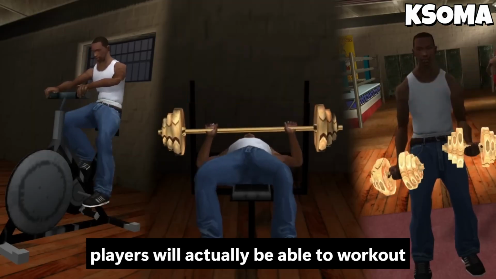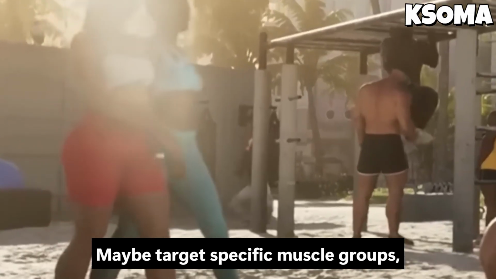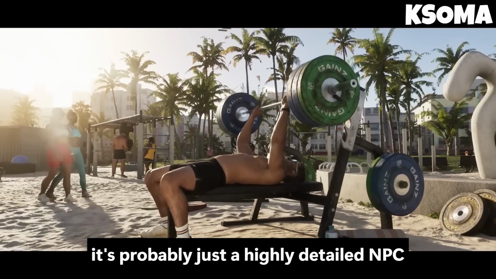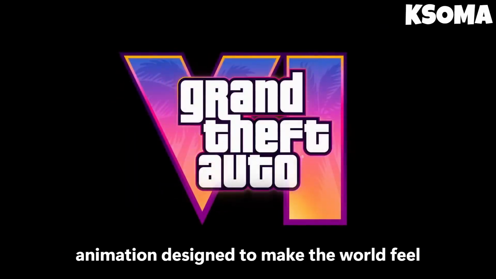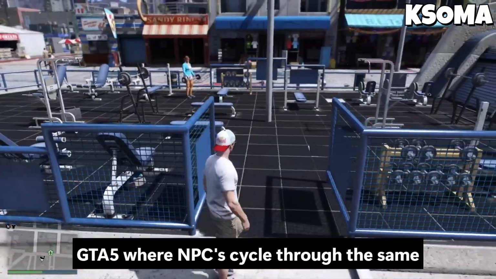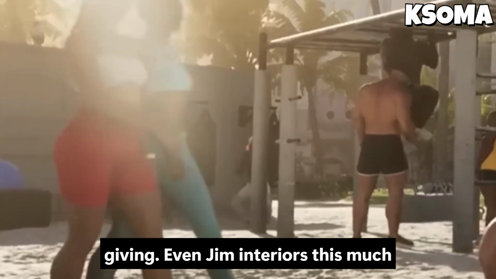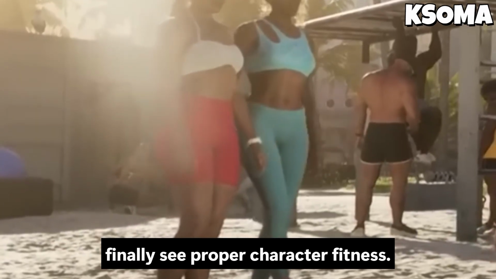It makes you wonder if players will actually be able to work out themselves, maybe target specific muscle groups, build strength, or even alter their physique over time. Realistically though, it's probably just a highly detailed NPC animation designed to make the world feel more dynamic and believable. Still, it's a big leap from the beach gym in GTA 5, where NPCs cycle through the same repetitive animations. If Rockstar is giving even gym interiors this much attention, there's a real chance we might finally see proper character